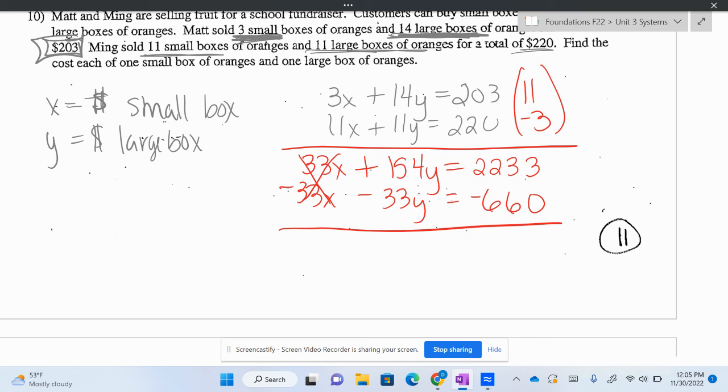154 minus 33 is 121, right? 3 minus 0 is 3. 13 minus 6 is 7. 21 minus 6 is 15. I think it's 1573. Someone check my math. Okay, good. Divide both sides by 121. I don't have a calculator. Someone took mine. What is it? $13. So a large box